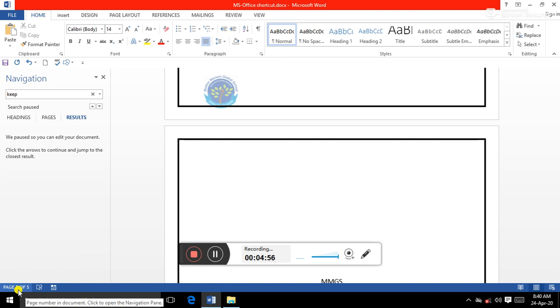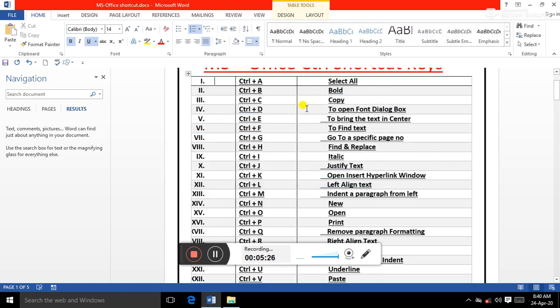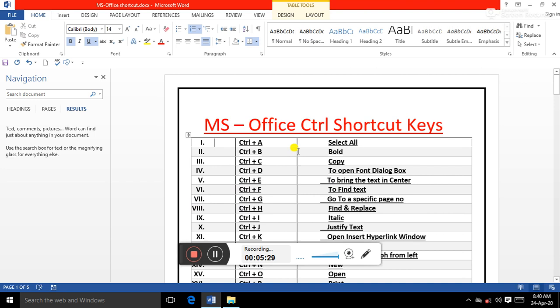Suppose I want to go from page 5 to page 1 directly. What do I need to press? I need to press Control plus G. The Go To dialog box will open in front of you. You can type here page number 1. So what will happen? From page number 5 I will automatically move to page number 1. Let's see this, and you can see I'm on the first page. So this is the effect of Control plus G.